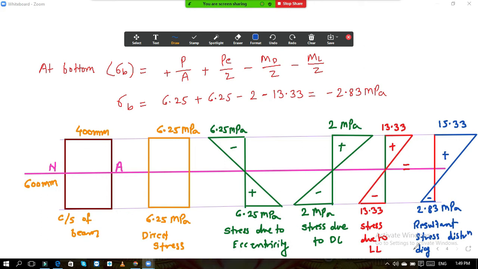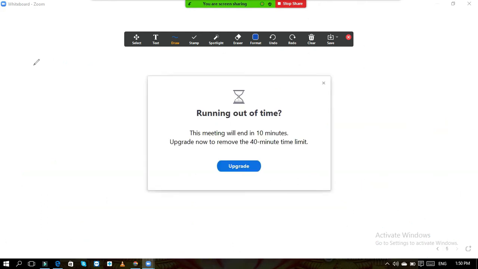Okay, I hope now it is clear to you. So this is our stress concept. Now just by stress concept we have solved the numerical and we got the answer as 15.33 and 2.83. Okay. Now on the same numerical we will apply the strength concept and let us see whether we are getting the same answer or it will differ. Okay. So now if these diagrams are over I will move to the next, strength concept.